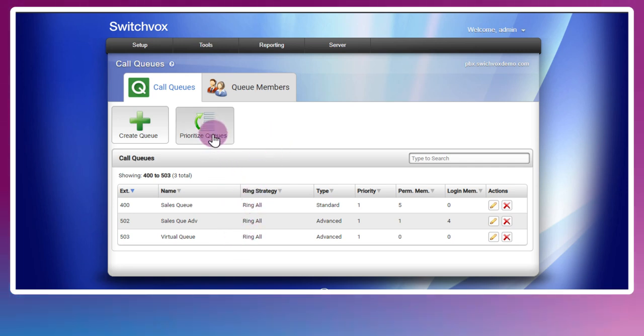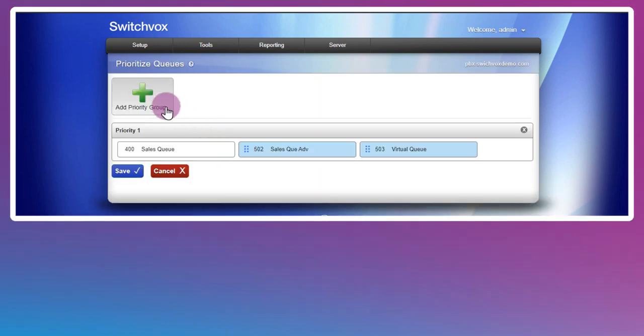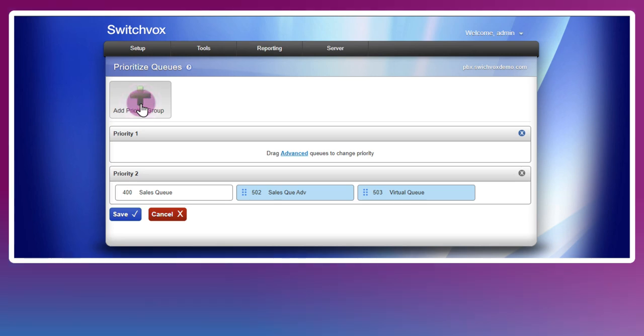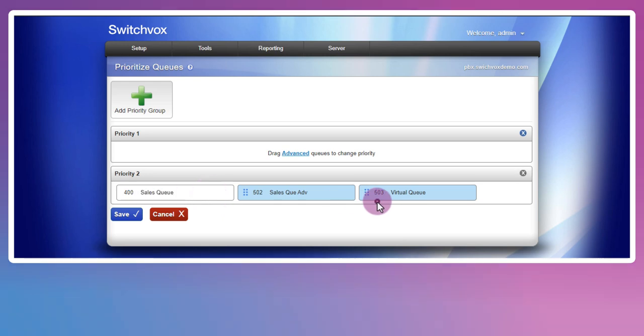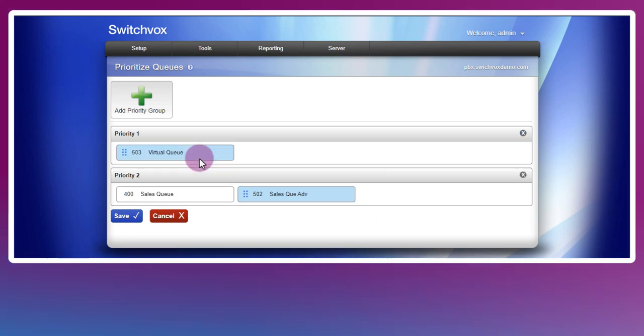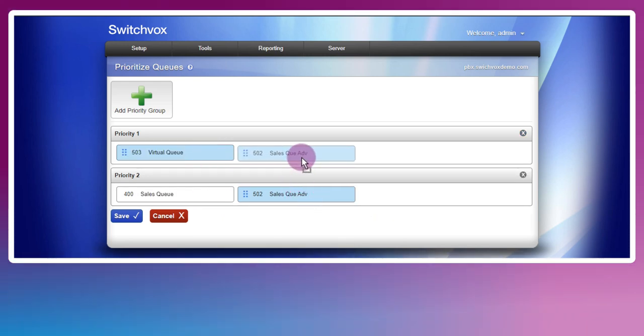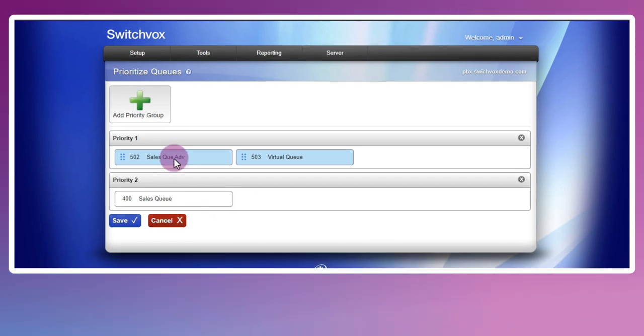We'll find the prioritize queues button here. We're going to click this and add a priority group. Choose the queues that will be part of the group, and you can rearrange them by dragging them and changing their order.